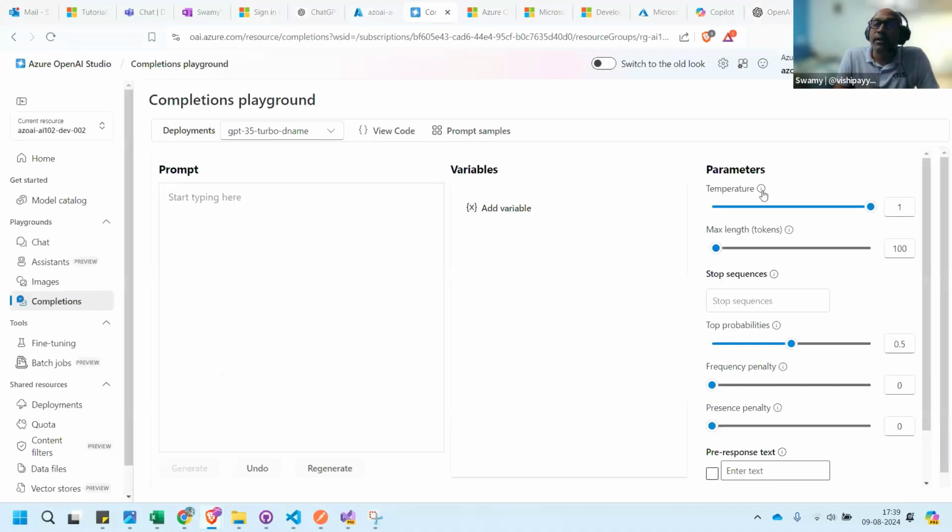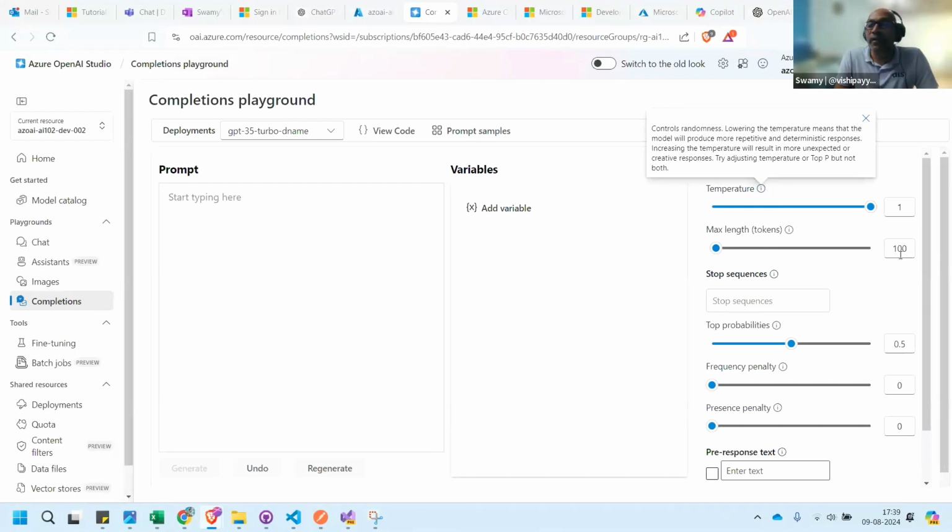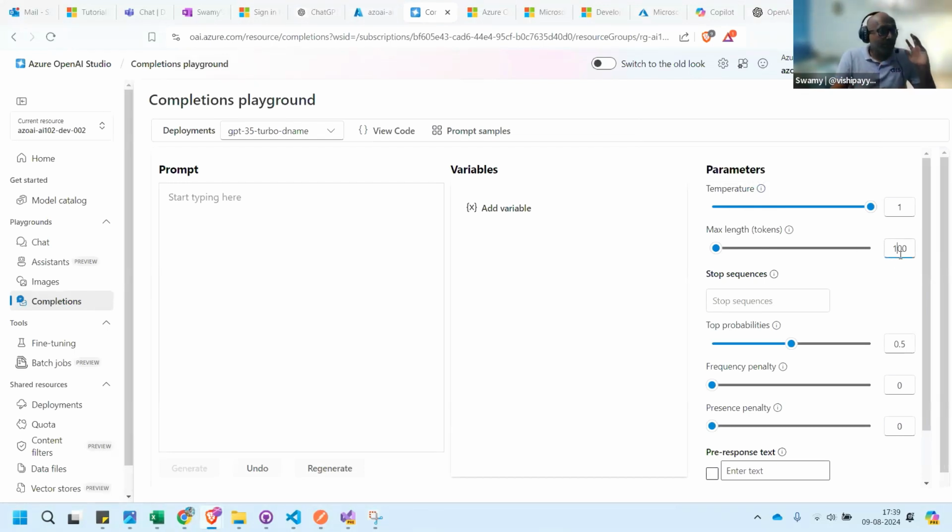Okay, so we'll see a couple of those things, and we'll go to the next topic. You see that the randomness we have seen, and length also we have seen. Whenever the stop reason is length, that means the number of tokens we have given as capacity was not sufficient, so it stopped it. We'll come back and discuss the stop sequences next.